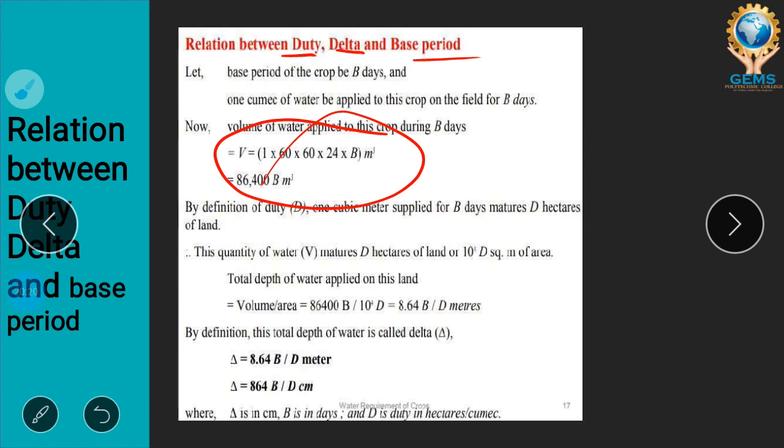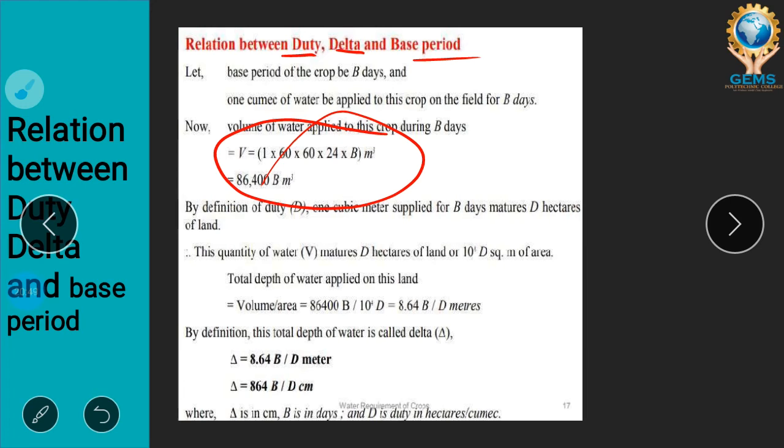सो हमें सिंपल रिलेशन बिटवीन ड्यूटी, डेल्टा एंड बेस पीरियड देखना है, कि एक वॉल्यूम ऑफ वाटर अप्लाई टू द क्रॉप ड्यूरिंग B डेज, मीन्स जो हमारा बेस पीरियड है, उसमें कितना अमाउंट ऑफ पानी रिक्वायर होता है. लाइक एक एग्जांपल ले लीजिए पैडी का, तो 123 दिन होता है, तो उस 123 दिन में कितना अमाउंट ऑफ वाटर लगेगा, तो कैसे निकालोगे, सिंपल सी बात है, आप जानते हो एक सीज़न में पर डे अगर पानी सप्लाई